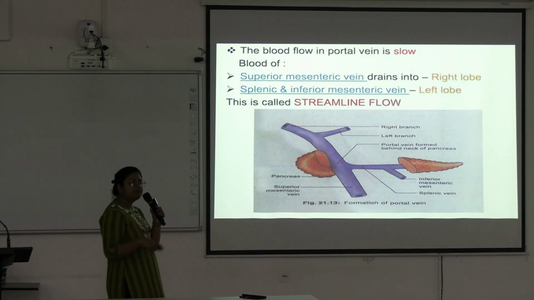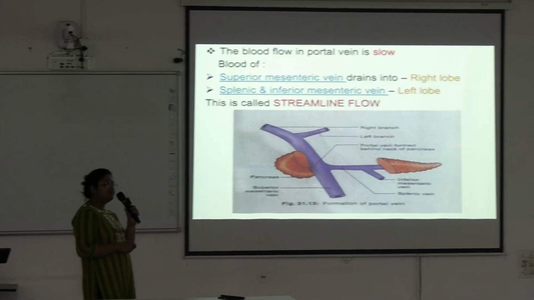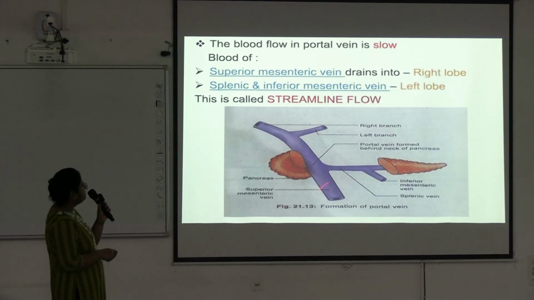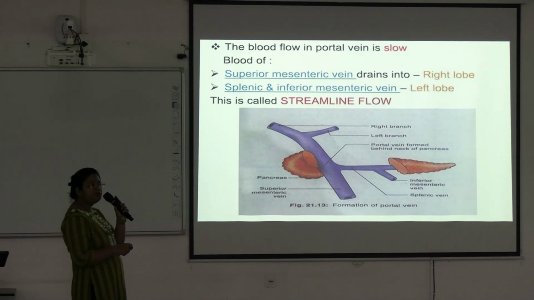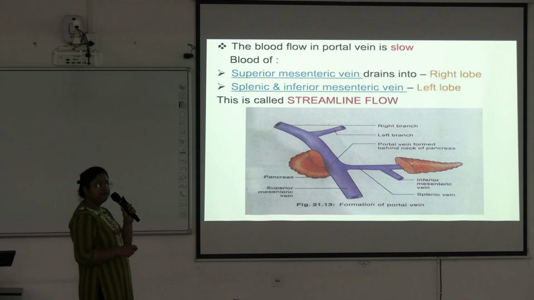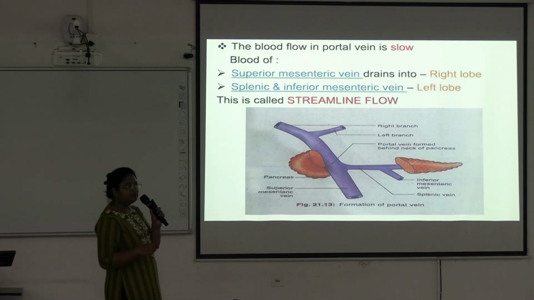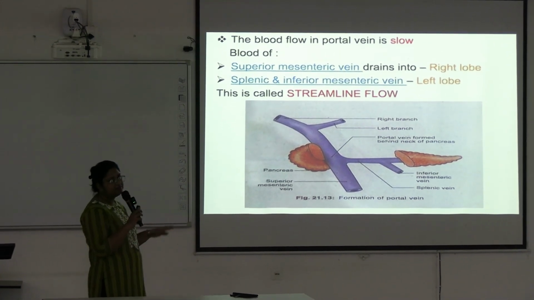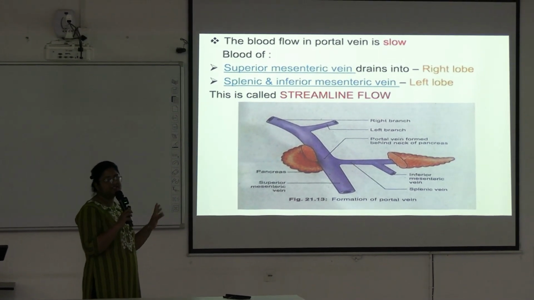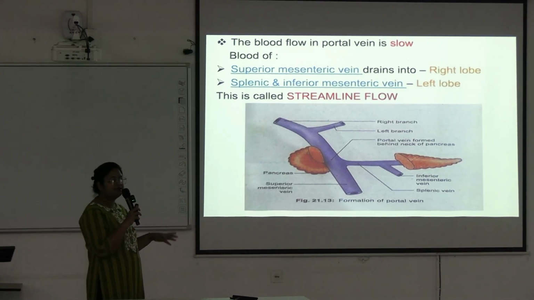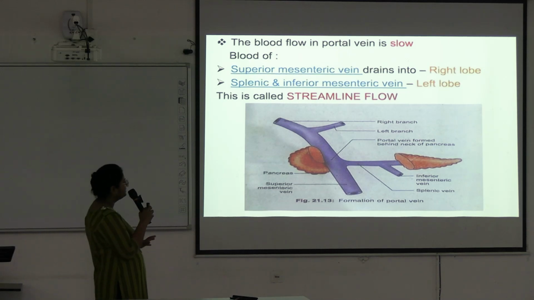In the dissection period we will discuss the liver, and this is the inferior mesenteric vein. It is draining into the splenic vein. Blood from the superior mesenteric vein drains mainly into the right lobe, and the splenic and inferior mesenteric veins drain into the left lobe. So if any pathology occurs in the right or left lobe, you have to find the source; it can come from infection or some abscess in these two lobes. For the right lobe it may come from the gut, mainly the small intestine and large intestine.